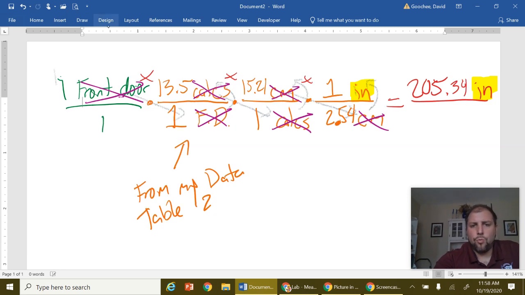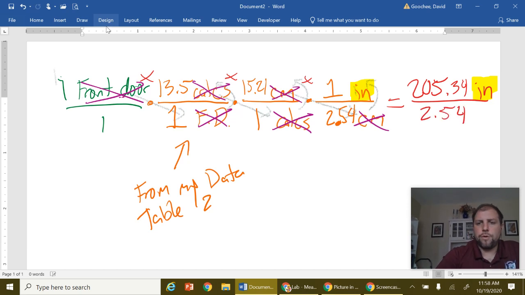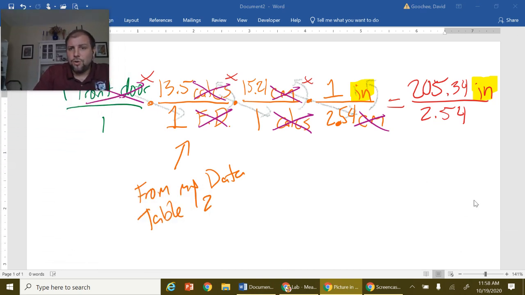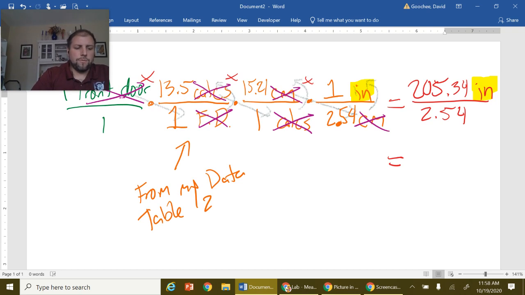And on the bottom, 1 times 1 times 1 times 2.54 is 2.54 on the bottom. So we simplify this. We have to have one number: 205.34 divided by 2.54. The front door is equal to 80.8